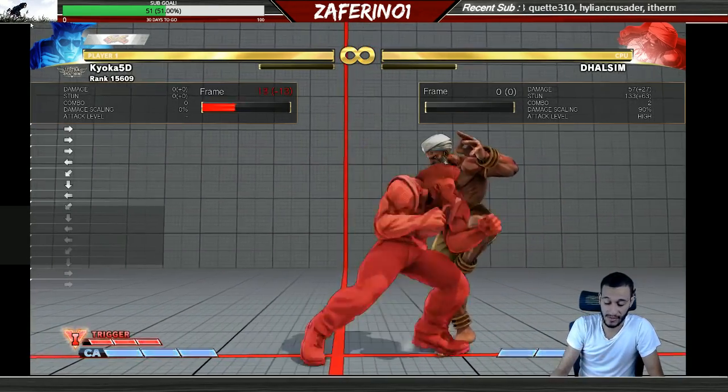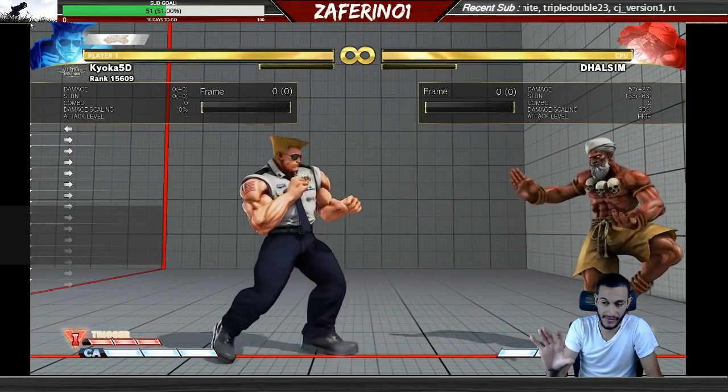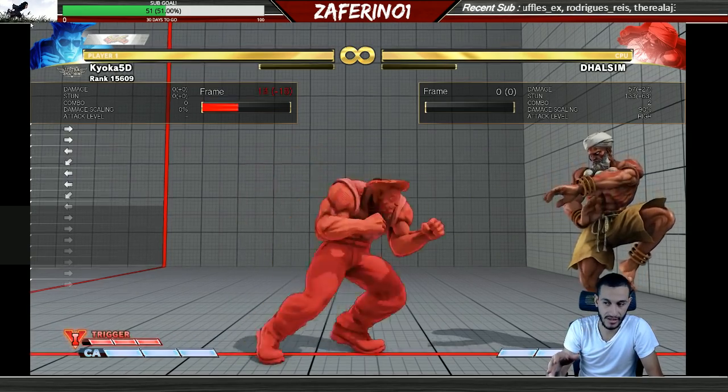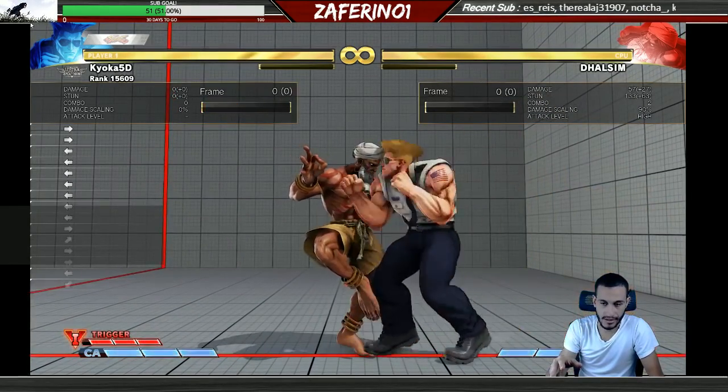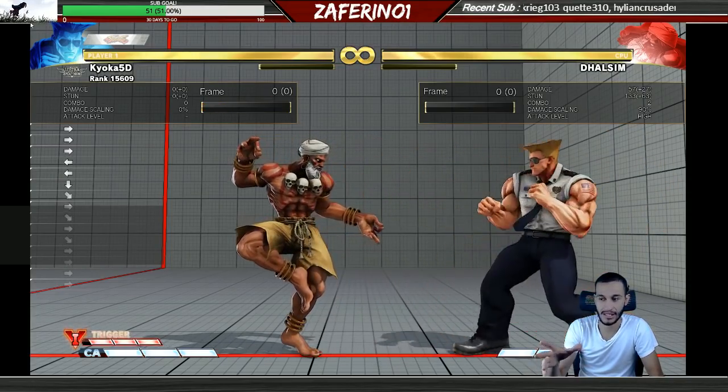And then the other aspect of it would be positioning. So positioning is in terms of the relation to the corner. So if Dawson's cornered, then I have the positioning advantage, right? If Guile is cornered, then Dawson has the positioning advantage. Okay, so then spacing, it's not as